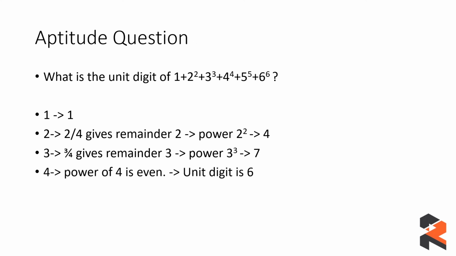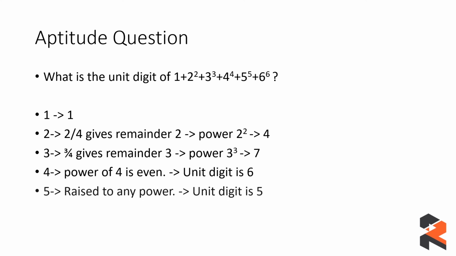In the case of the number 4, the power is again even. So your unit digit will be 6, as already discussed in our video, that if the power is even for the number 4, then its unit digit will be 6. If the power is odd, then the unit digit will be the number itself. Similarly, the case will be for 9 as well. You can watch the video, we have linked it above. So the concept will be clear from that.